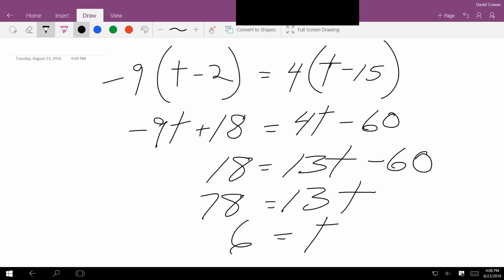Multiply 6 times 13, you get 78. 6 times 3 is 18. Carry the 1. 6 times 1 is 6, plus 1 is 7. Okay? And so when you see an answer like this, you kind of know that that is going to